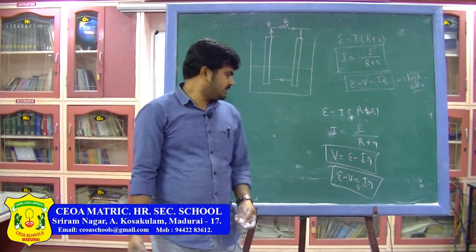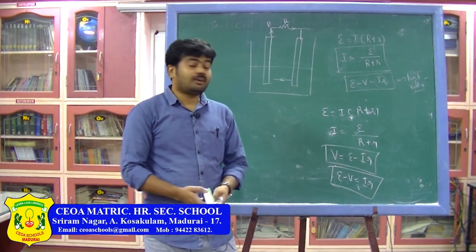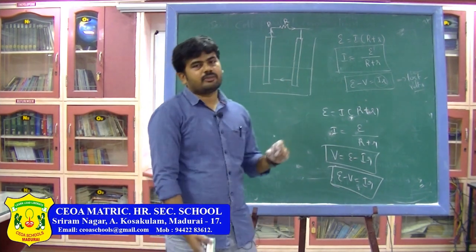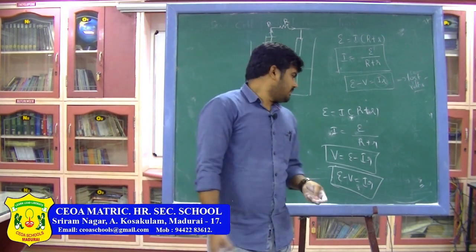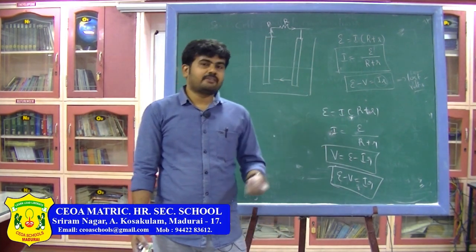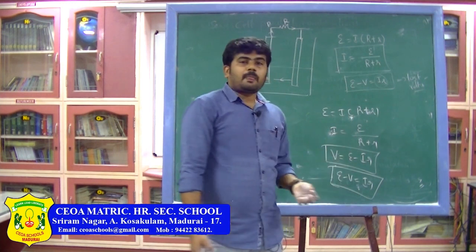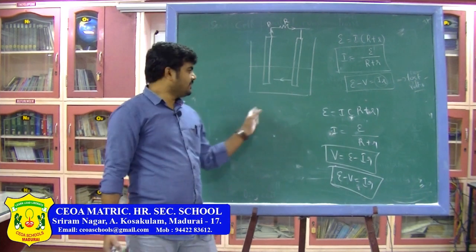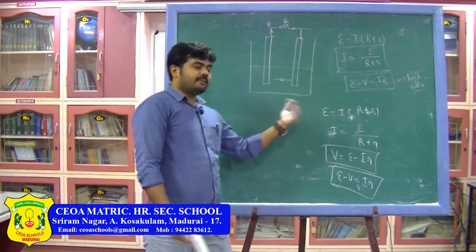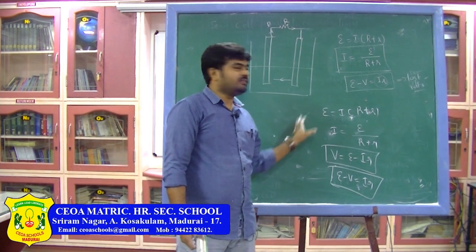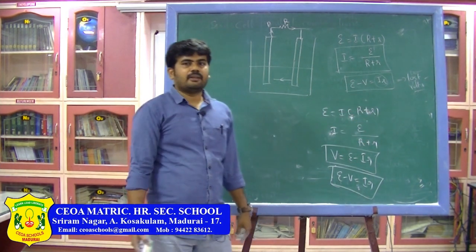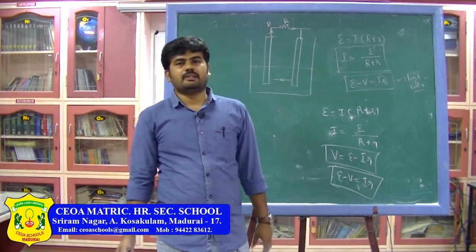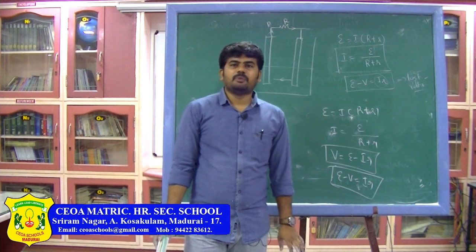In the next class, I am going to discuss different problems based on the concepts that I completed today, that is bulbs, series and parallel combination, power consumption, heating effect of electric current, and then the cell equation. Tomorrow I will discuss the problems, and next we are going to discuss different cases of a cell, that means open circuited cell, short circuited cell, charging cell, and discharging cell. Then we will move on to a very important concept, grouping of cells: series combination of cells, parallel combination of cells, and mixed grouping of cells.